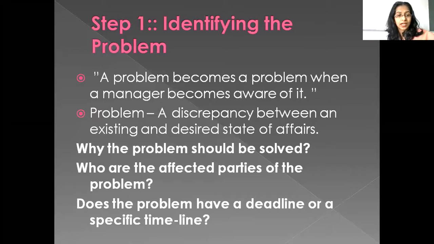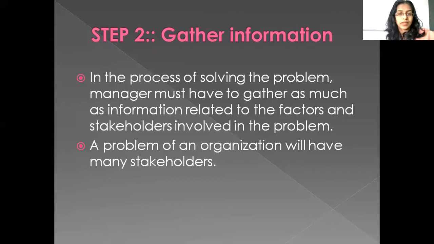Okay, the three questions at stage 1: is this problem to be solved right now or later? How many people are getting affected? If only one person is getting affected by this problem, I may postpone my decision making. If some 100 people are getting affected by this issue, I will solve it immediately. Fine. So I should understand why I should solve this problem now. Fine. Moving on to step number 2.